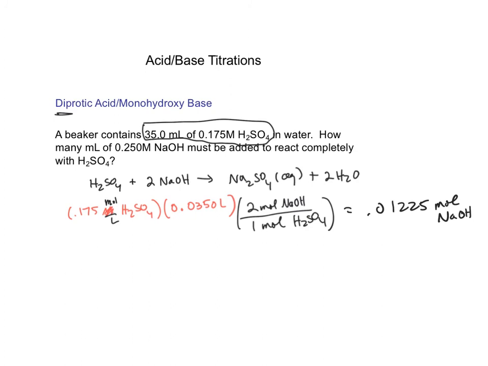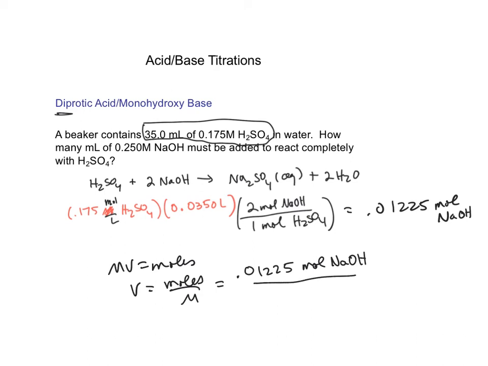Now you've got the question, how many milliliters of a 0.25 molar solution of sodium hydroxide have to be reacted? Well, you know how many moles you need. What does that correspond to in terms of volume? So if you say molarity times volume is moles, and the question is how many milliliters, so what's the volume? This will be equal to moles divided by molarity. The moles that you need to neutralize in this 2-to-1 reaction divided by the molarity of sodium hydroxide, 0.250